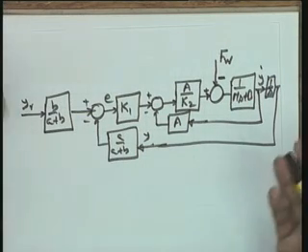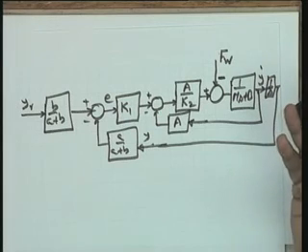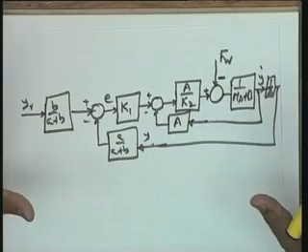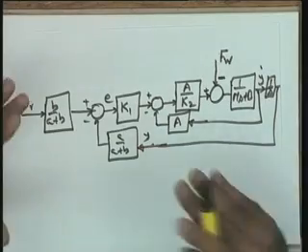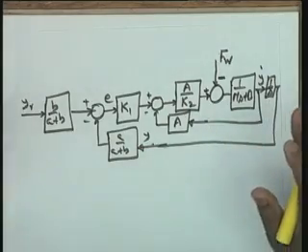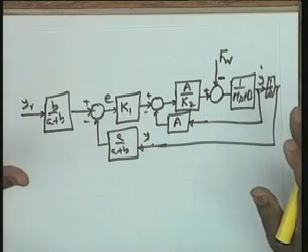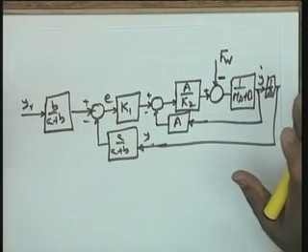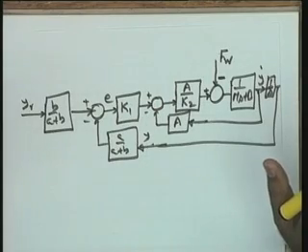As you know, the transfer function of a linear actuator is an integrator and a simple lag, Km over S into tau m S plus 1, which we have derived, and which is similar to that of an electric motor. As far as working of the system, its analysis and design is concerned, it is going to follow the same pattern, but the basic flow of information is different, the basic devices used are altogether different, and you must see what those devices are and how they are used in a particular application.